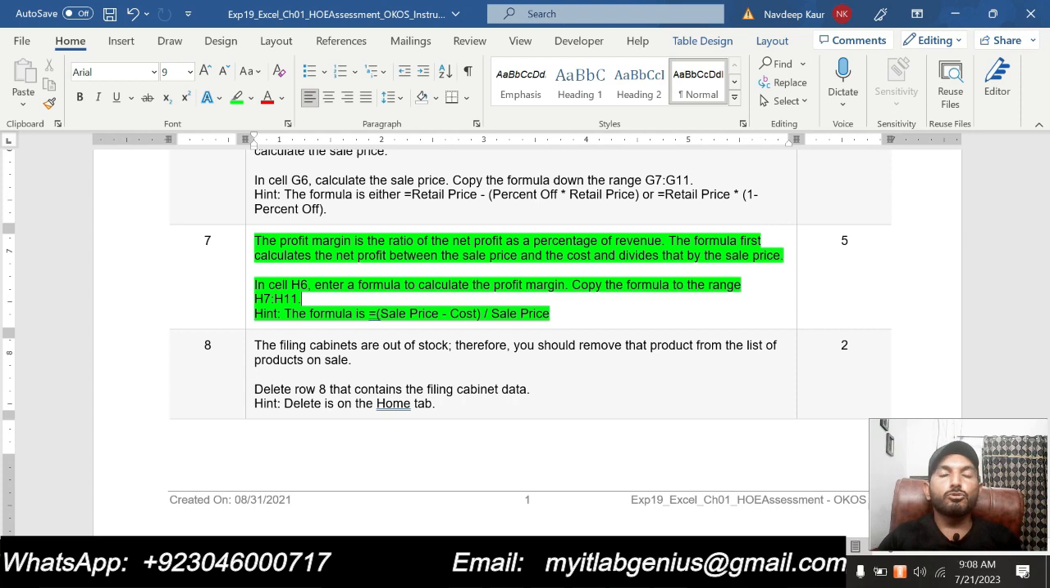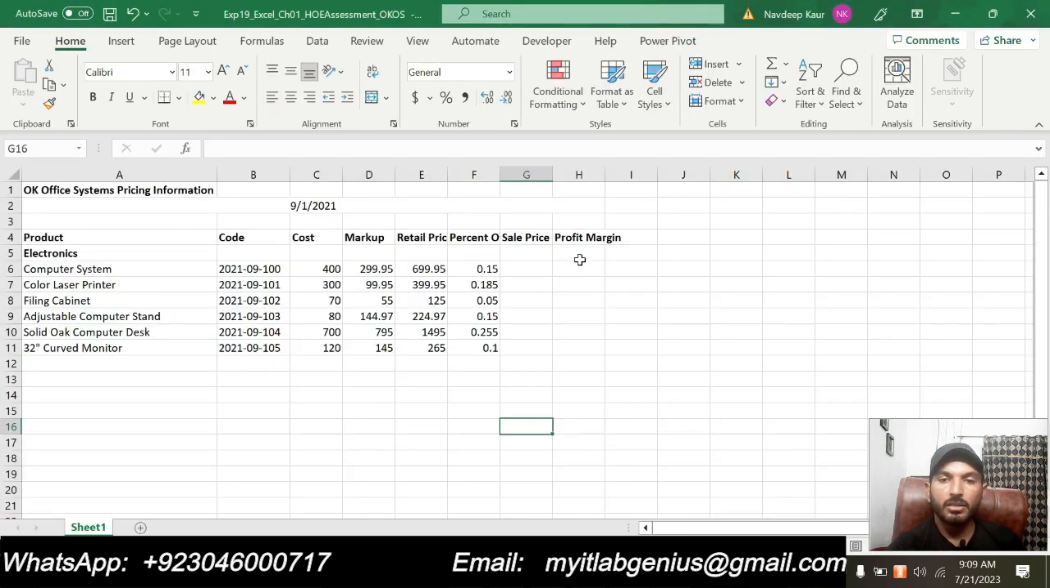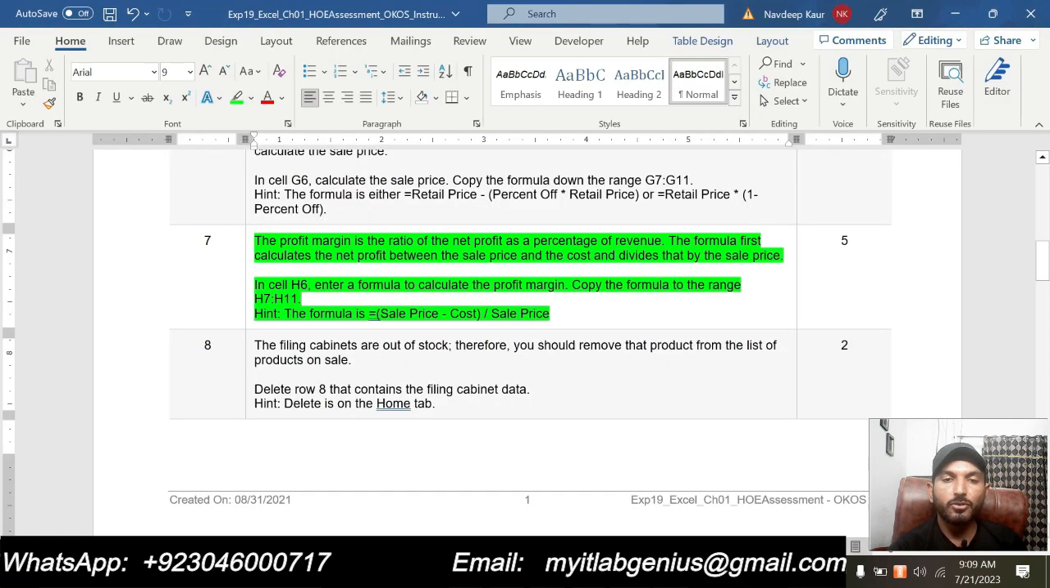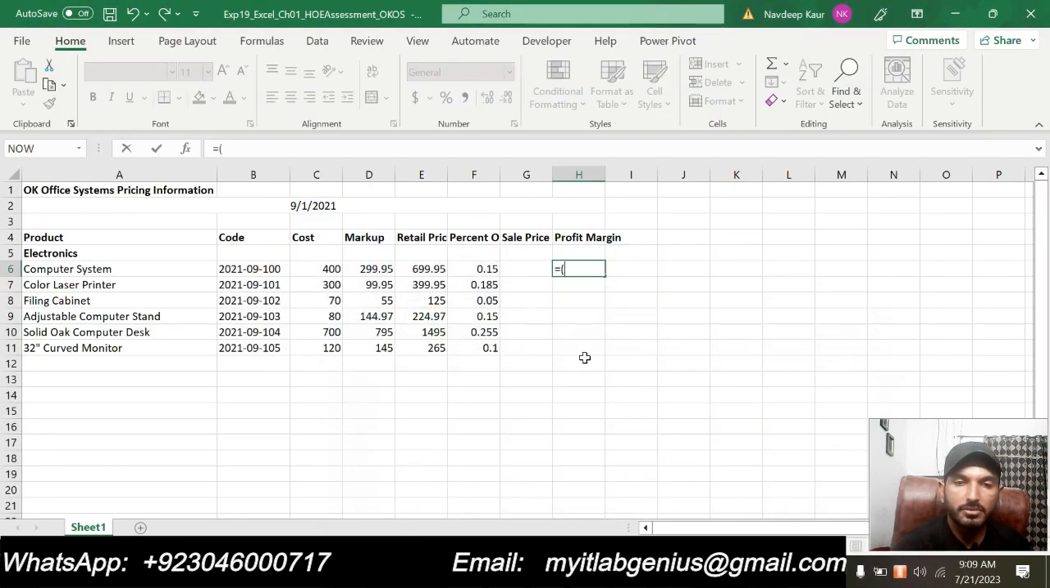So basically we are supposed to calculate the profit margin in cell H6, and this profit margin will be the sales price minus cost divided by the sales price. This is the formula that we will use to calculate the profit margin in cell H6. So we go to the worksheet, in cell H6, and enter this formula. So here is H6, and profit margin is sales price minus cost. So sales price is,